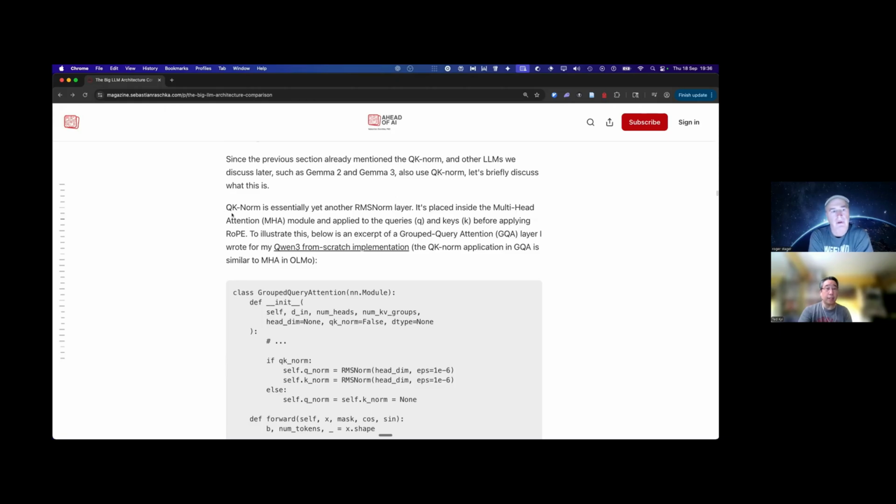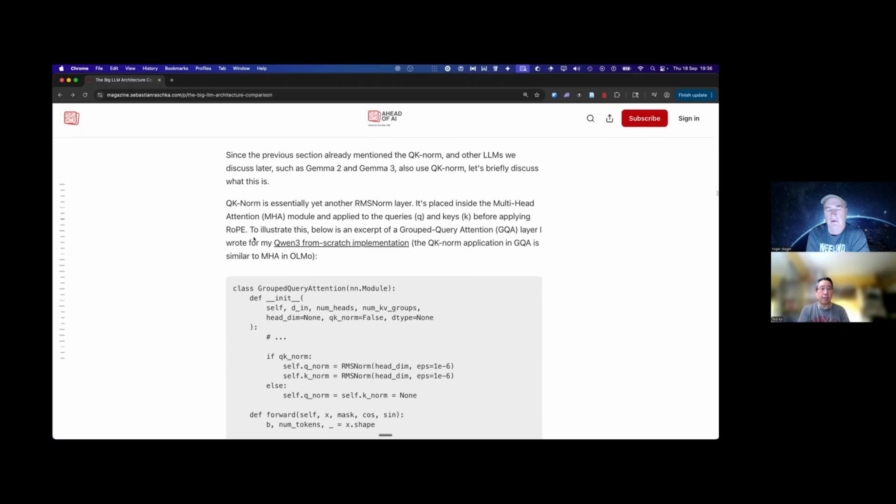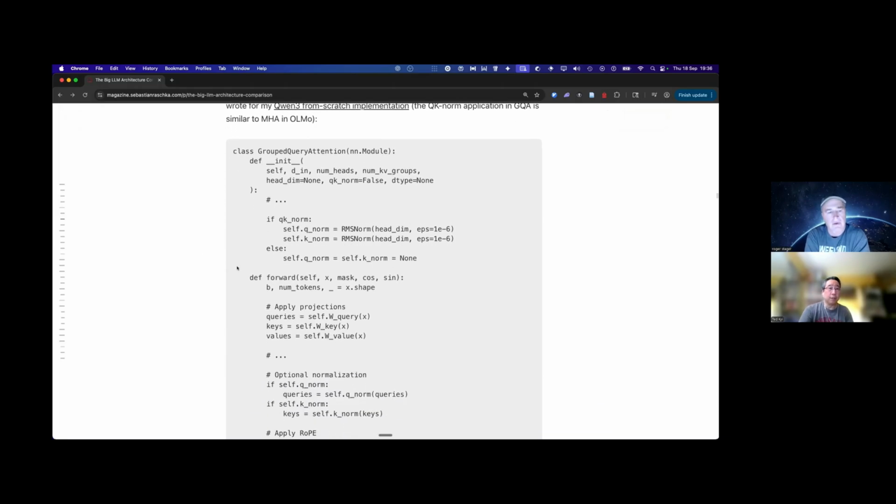Let's see. So, yeah, QK. This is not MLA, but Roger's asking, what if? I'm not that familiar with QK norm. So basically, if you look at the forward function, Warren,